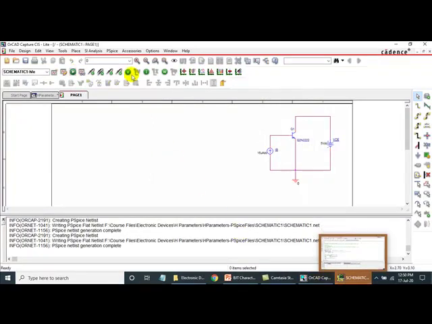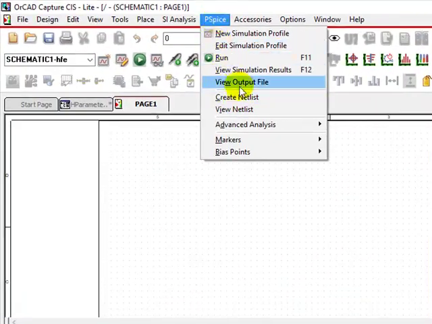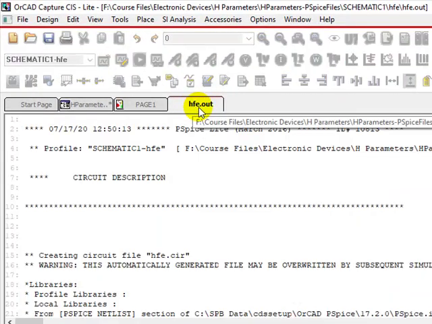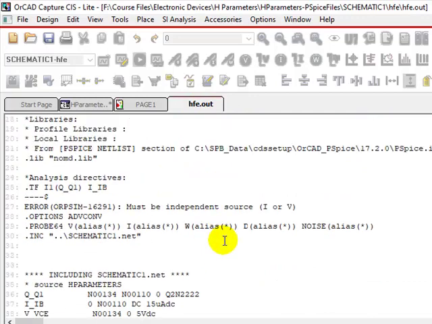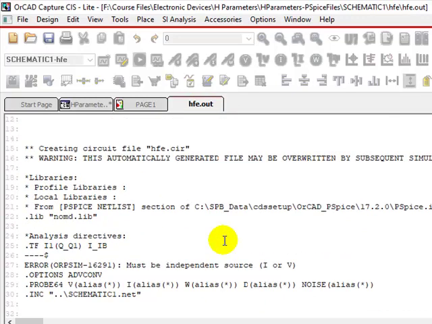Okay, simulation is complete. Now you can open the file, view output file. Please note down whether you are opening the correct file or not. This is the simulation profile name .out. So again browse, and okay, there is an error here.